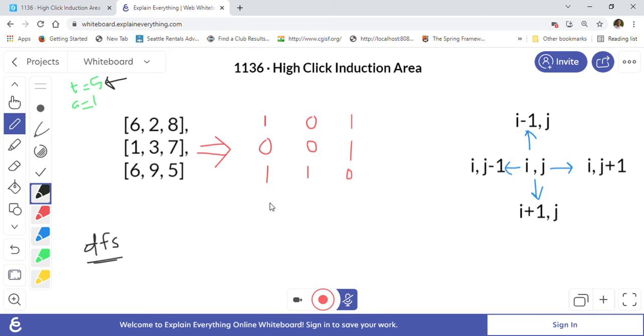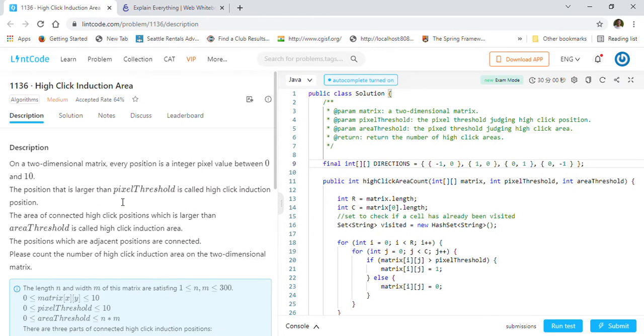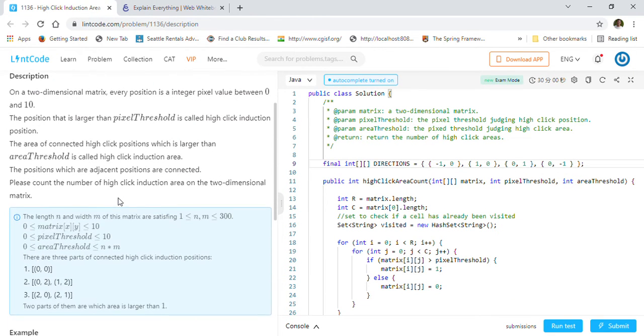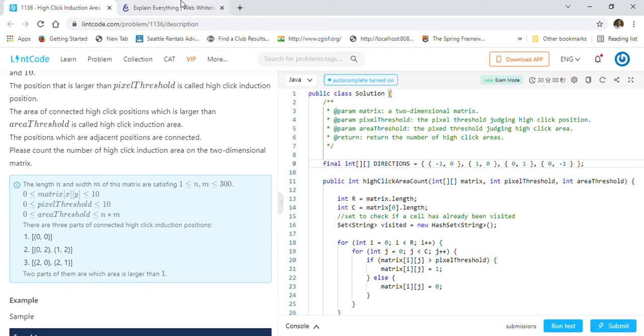Once we are done with this conversion, we will start iterating over this matrix from this point, and whenever we find a 1, we will start doing DFS and calculate the area. For example, when we hit this 1, we will try to go in 4 directions, because they have given us that the area is calculated in 4 directions.